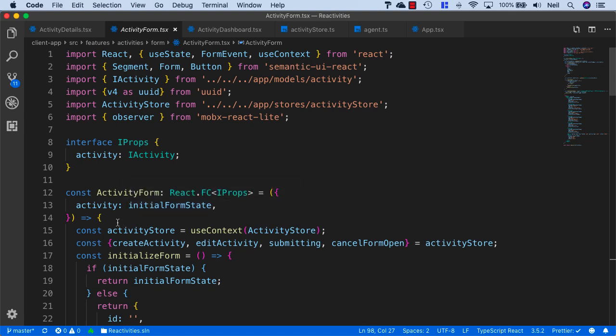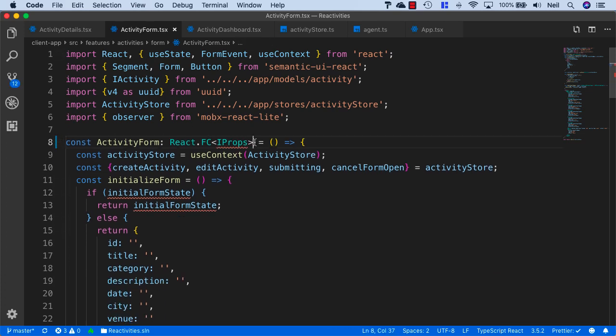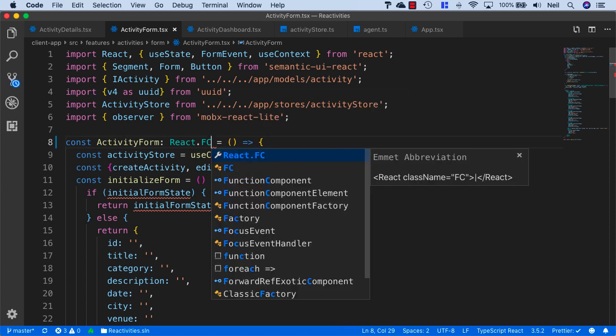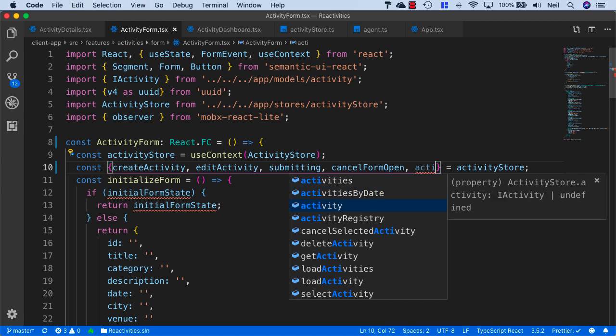We're navigating to this component via the root. So let's remove this activity from here, and we'll also remove the interface, and I'll just remove the IProps from here. And what we want to do is get our activity from our activity store,